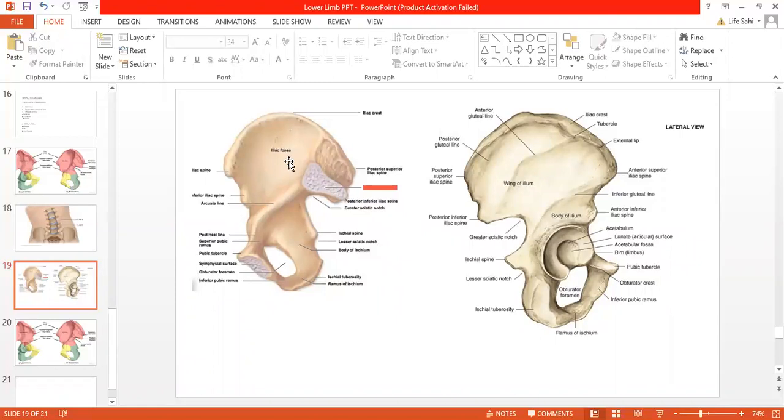This iliac fossa is also called the pelvic surface of the ilium or the inner surface of the ilium. And the third surface is the sacro-pelvic surface, which lies